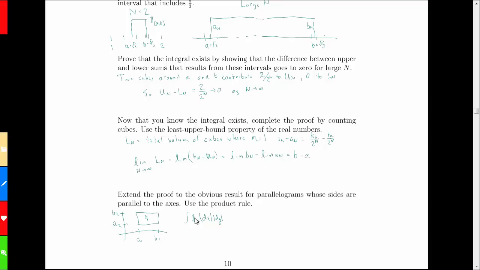That indicator function is clearly a product of a function of x that's 1 from a1 to b1 and a